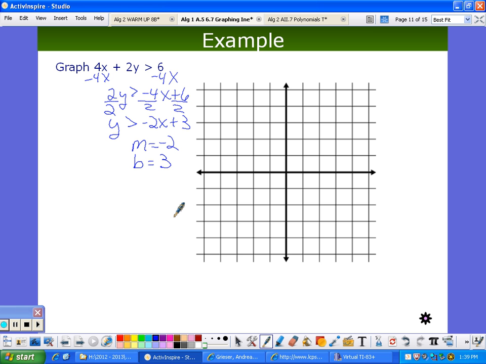All right, so the y-intercept is 3. And let's put my slope here. I'm going down to the right 1, down to the right 1, down to the right 1, or up to the left 1. Now, I've got a greater than sign here. Do I use solid or dashed? Dashed. Why is it dashed? Because,